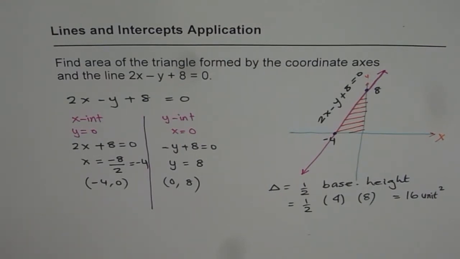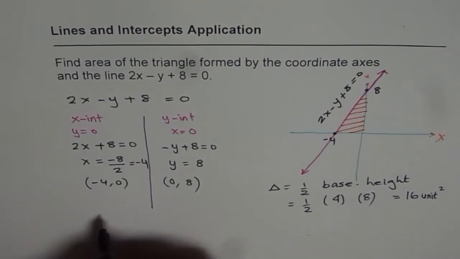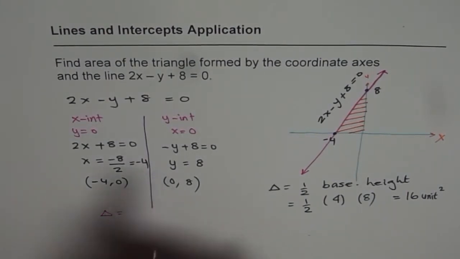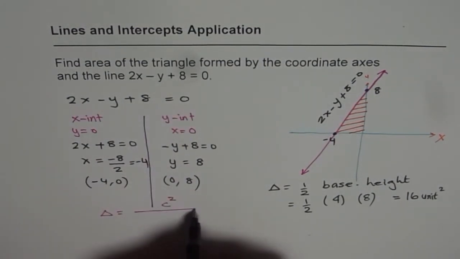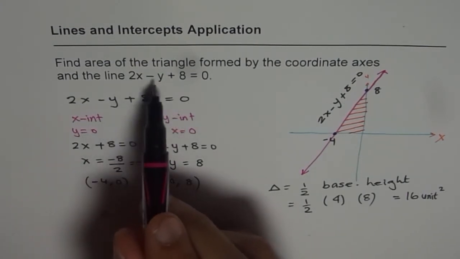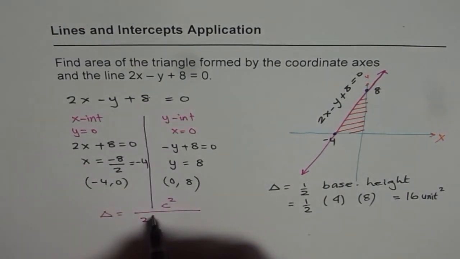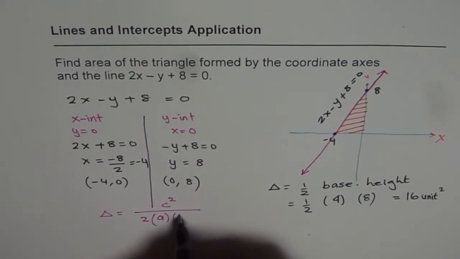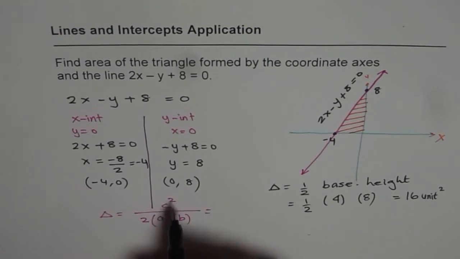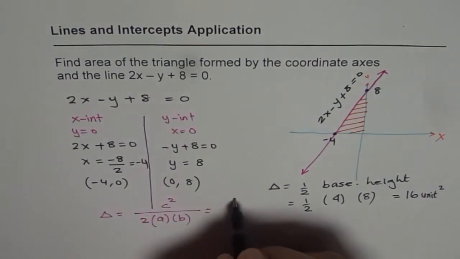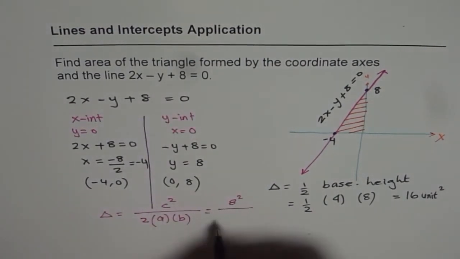Now let's get back to the very first video of this playlist where we have a general formula. The general formula given to us was that the area is this constant, whatever it is, constant c square divided by 2 times the coefficients of x and y, right? And they're positive values we're talking about. That means 2 times ab. So it's just a check. Does it work always, right? This is a different form of an equation, but does it work? C square is 8 square, right? So it is 8 square divided by 2 times